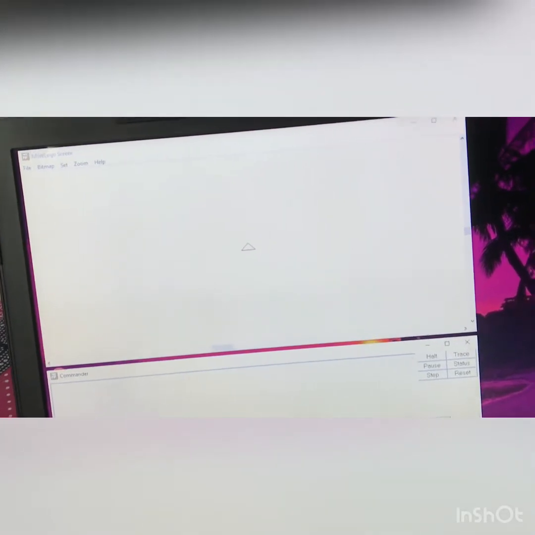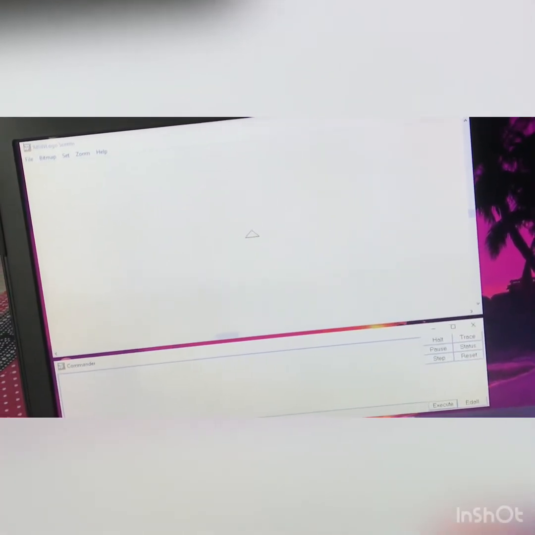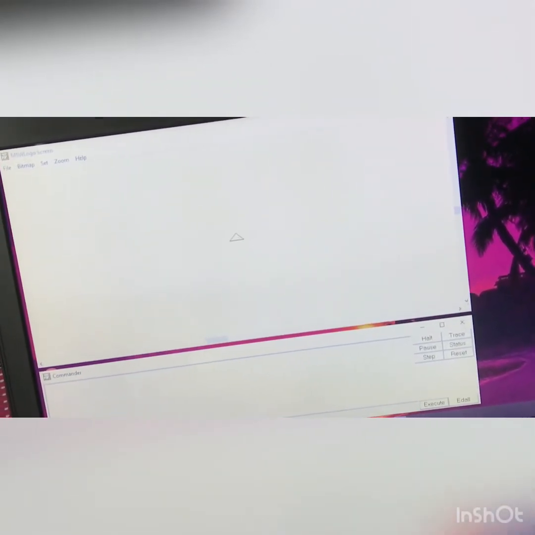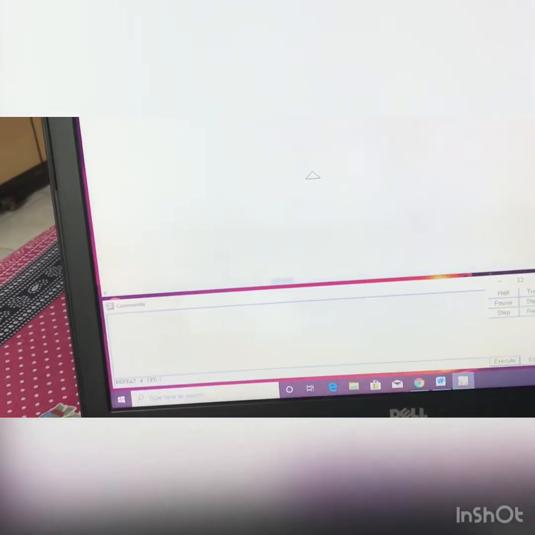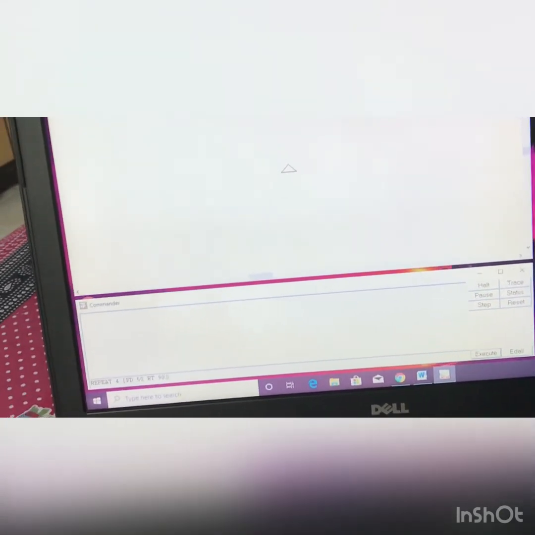From the textbook, as I have shown you in example 1, I can write here using my keyboard: repeat 4, open bracket, FD 50, that is forward, RT 90, right, and close the bracket.